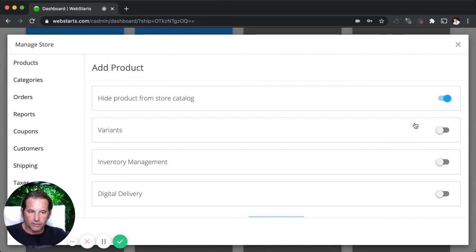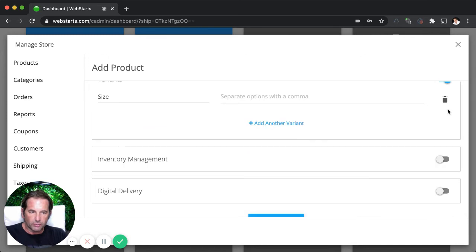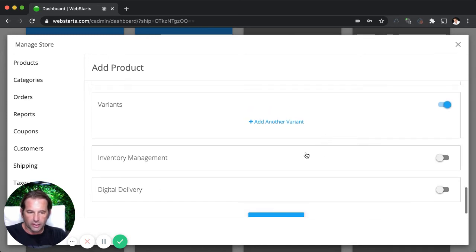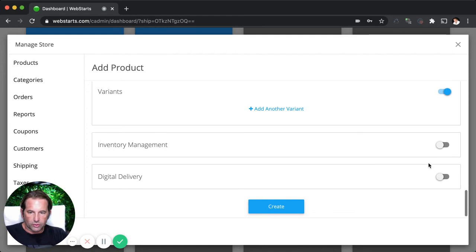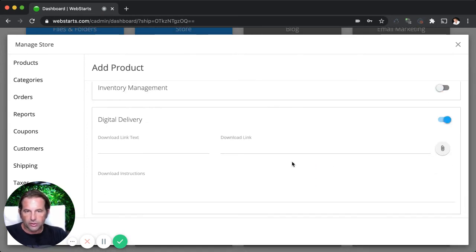All right, under the variants, I'm not going to use that, but that would be if you had different sizes and colors, or maybe you had different framing that you wanted to put stuff in, that kind of stuff. Now, I'm not going to use inventory management for this either, so I am going to use digital delivery. So I'm just going to say download